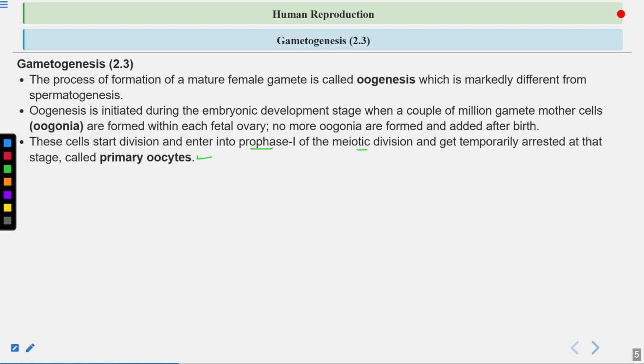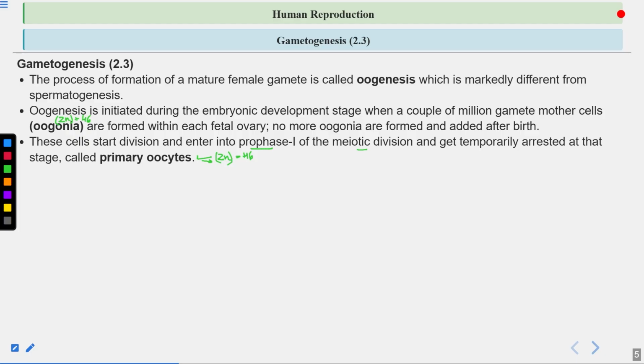So these oogonia are formed. Oogonia are diploid cells. Remember this. It means they have two sets of chromosomes. In humans, a diploid cell consists of 46 chromosomes. So oogonia, being diploid cells, contain 46 chromosomes. These oogonia differentiate to form primary oocytes. The primary oocytes will again be 2N, meaning they are diploid, so they will also contain 46 chromosomes.